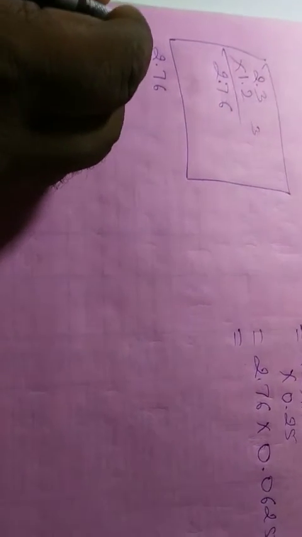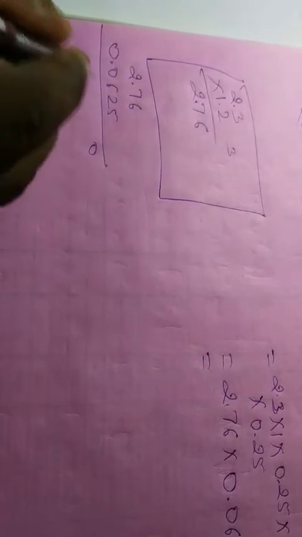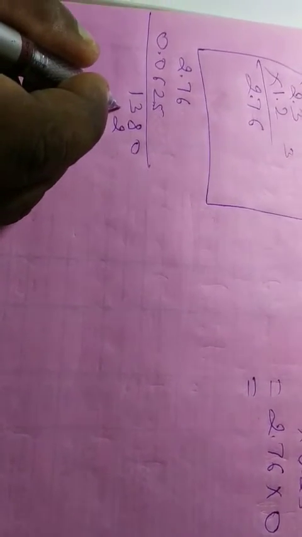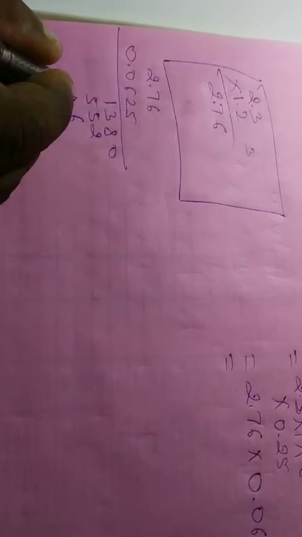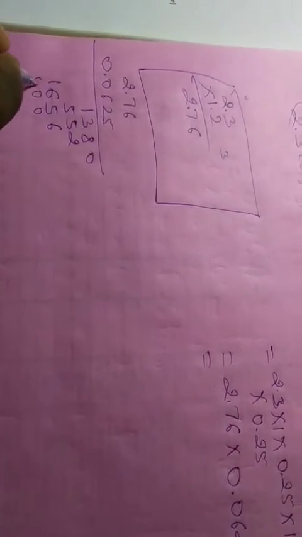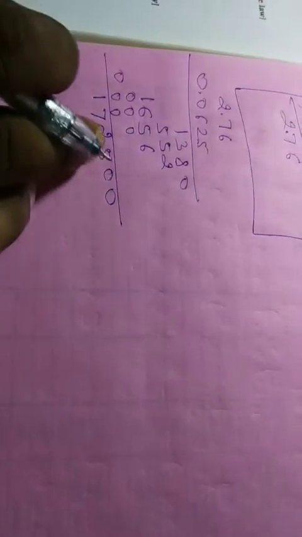Now 2.76 and 0.0625. 5 6 is 30, 3 carry, 5 7 is 35, 3 is 38, and 3. 5 2 is 10, 3 is 13. 2 6 is 12 and 1. 2 7 is 14, 1 is 15, and 1. 2 2 is 4, 1 is 5. 6 6 is 36 and 3. 6 7 is 42, 3 is 45, and 4. 6 2 is 12, 4 is 16. Then zeros, and adding the columns we get digits 1 2 3 4 5 6.